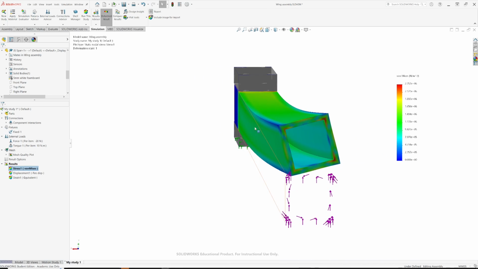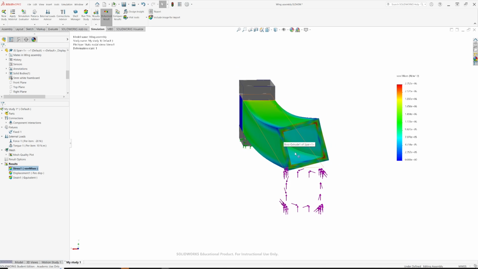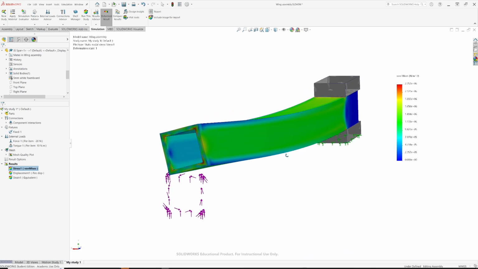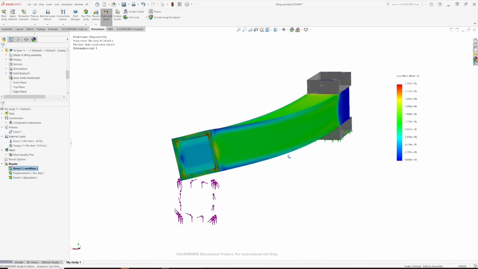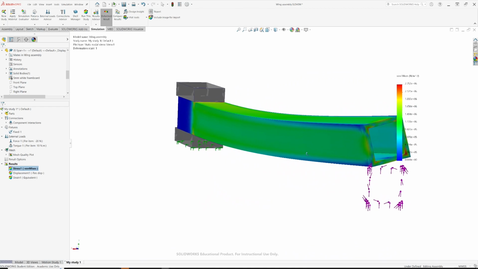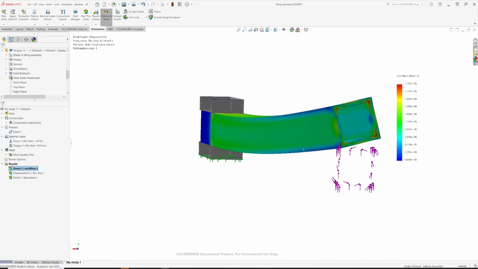Okay, so that's pretty much what you need to know about doing this stress analysis. It's a great tool in SolidWorks. You visualize what's going on, but all the time you're kind of referring back to Excel, because Excel is the fastest way of doing this. It takes a lot longer to make something in SolidWorks. It's relatively quick, but if you can design something in Excel and get it right, it's instantaneous when you change things. This takes a little bit longer, so you would tend to use this when you're close to your optimized geometry. And lastly, what we'll do is, just to throw everything at it, we'll just have a look at what